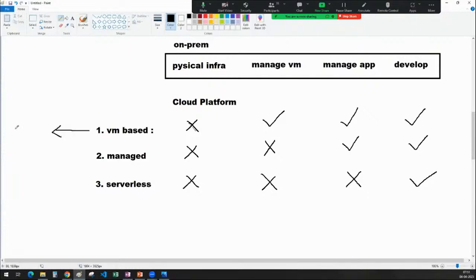So if you go to the VM managed, you can look at the compute engines. Okay, compute engines are there. Kubernetes engines are there, GCE, GKE. So these are all under VM based services. Guys, if you look at the managed services, we are every day looking at managed or fully managed. You can see that. So managed services are like